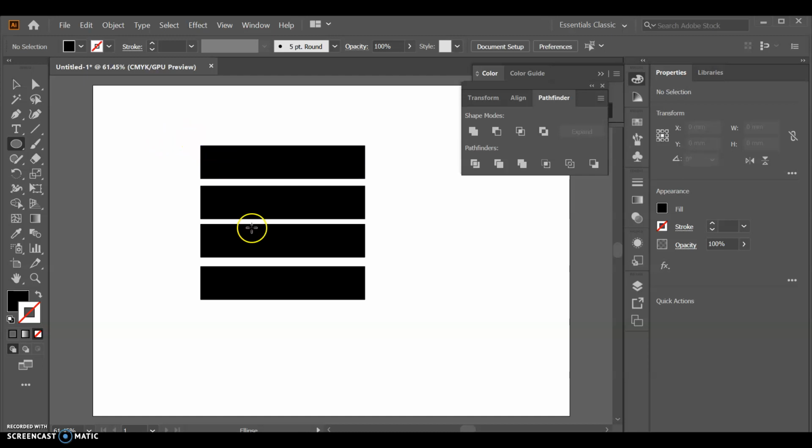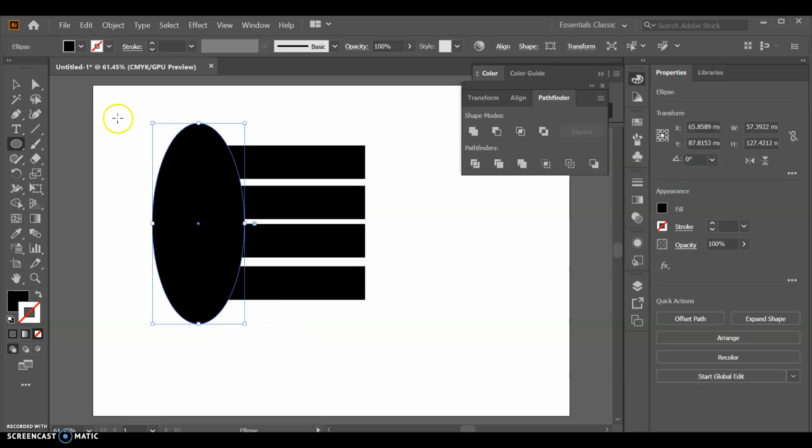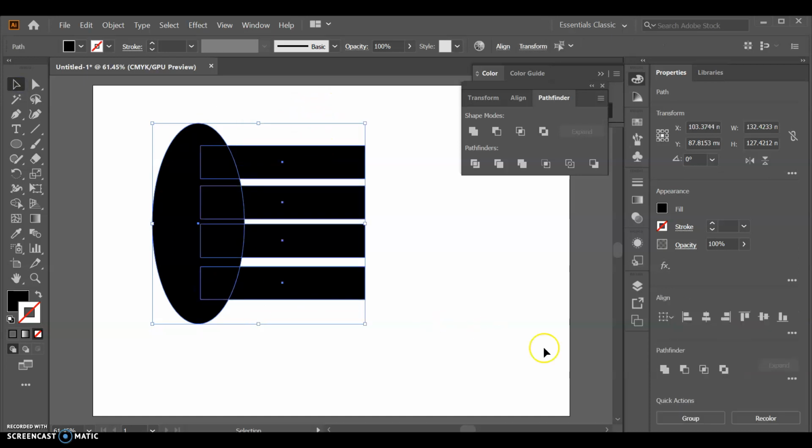So if we want to have a curved line down here, instead of drawing it with the pen tool, you can just use the circle tool and get the shape that you're after. Once you have all of your vectors ready, you can then highlight them all or select them all and go